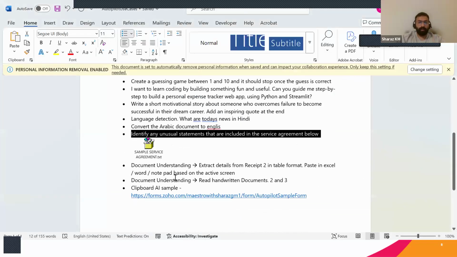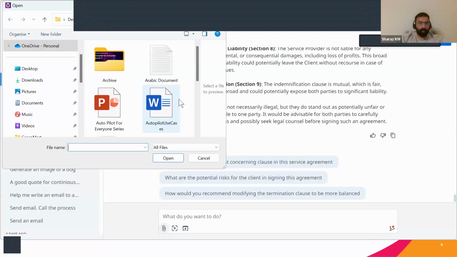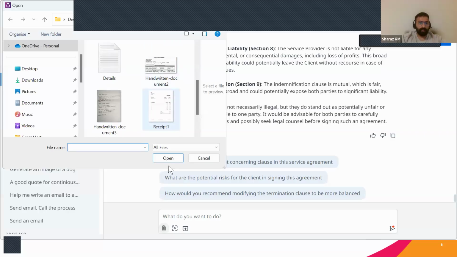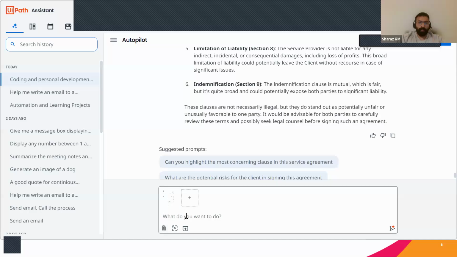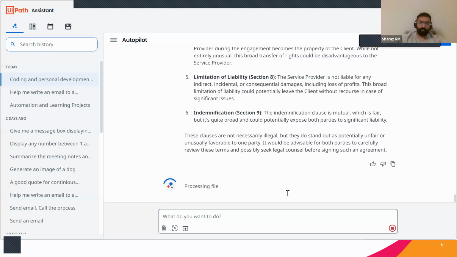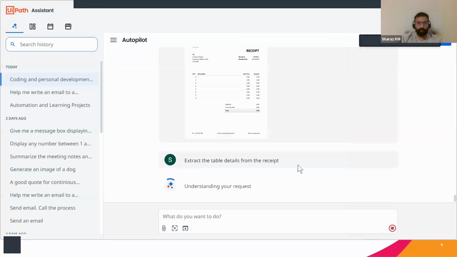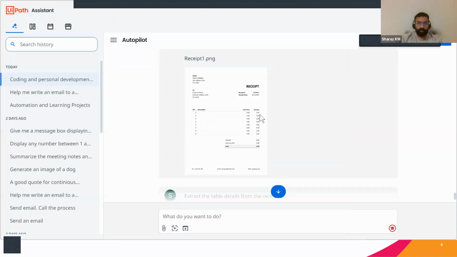So now coming to this one, we'll see some of the capabilities of Document Understanding. Let's say that I have a receipt and I want to extract the table from the receipt. This is the receipt which I have, and I mentioned to extract the table details from the receipt. I'll open the receipt so that you can see. It's already opening here, so I don't need to open it from the table. It contains quantity, details, everything. And if you see here,